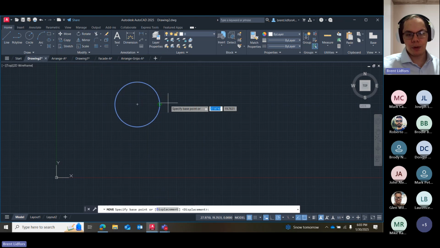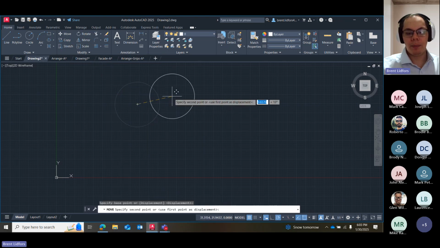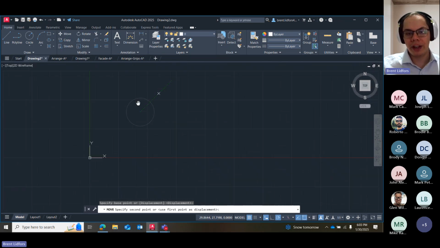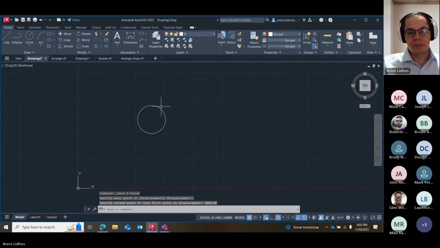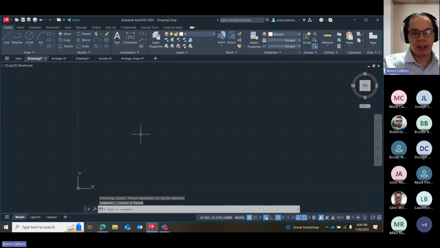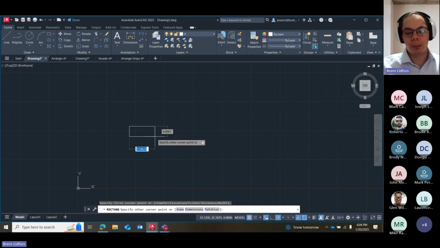Or I can use the move command and specify coordinates. So if I put in 10, 10, this should move the circle 10 units to the right and 10 units up. So again, it moves at a 45-degree angle, but in this case, 10 units over, 10 units up. Okay. And as a bit of an application, again, with my trusty fuse symbol,